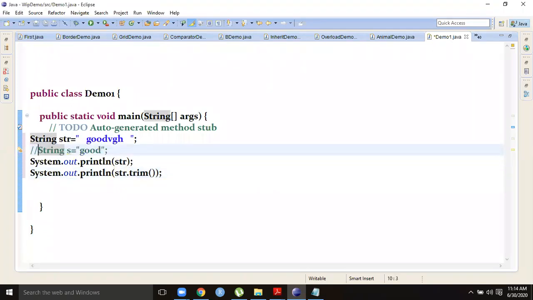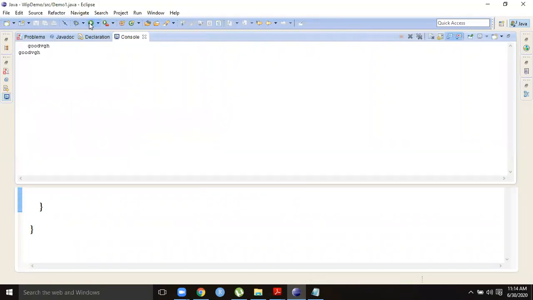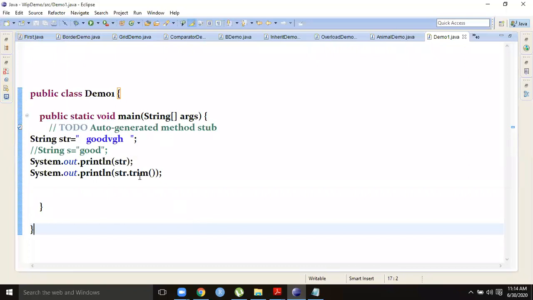You see, the first one is printed as it is, with spaces before and after. But in the second, you have used a method called trim. This trim removes the leading and trailing spaces before and after the string content.